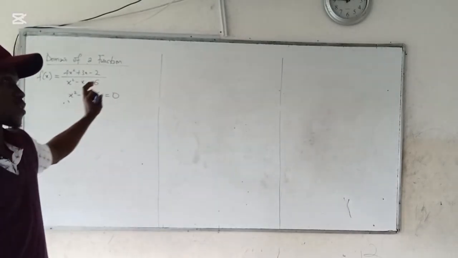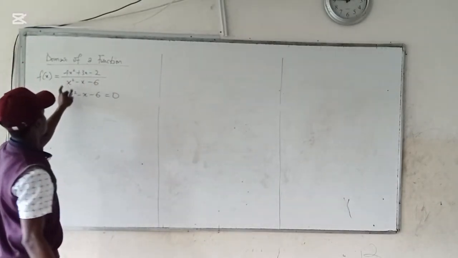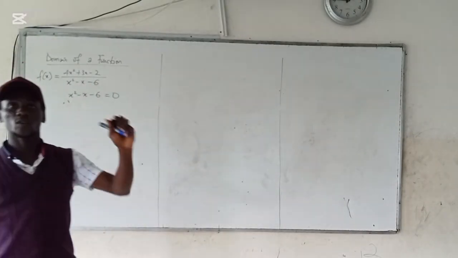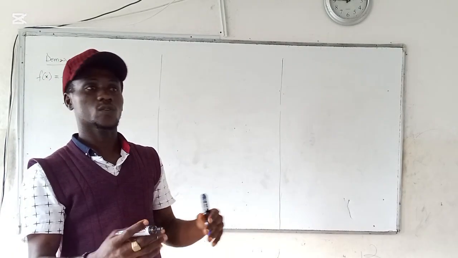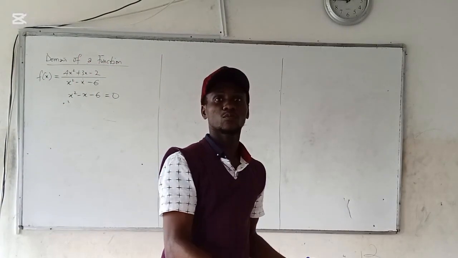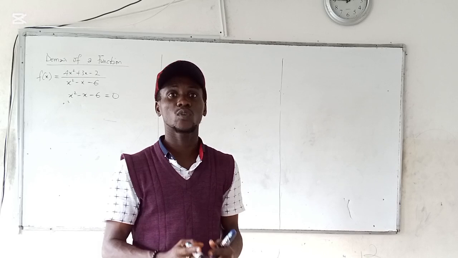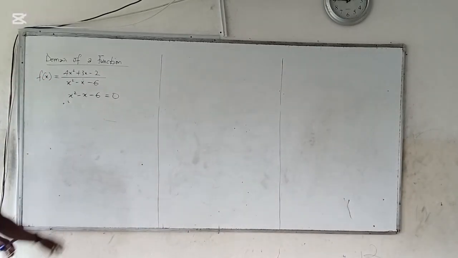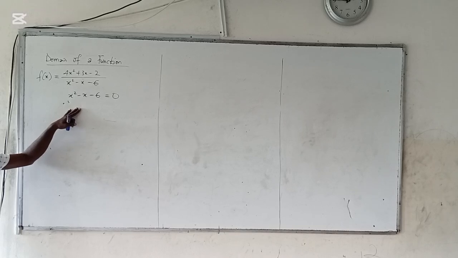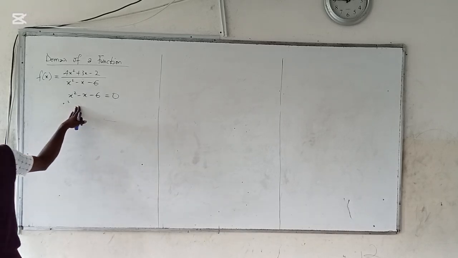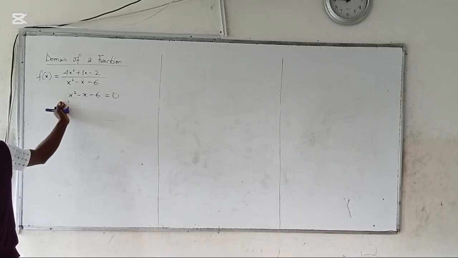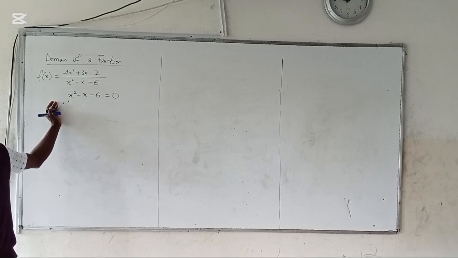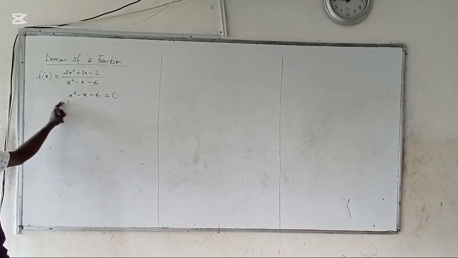If you solve for x, those are the values of x that will make your denominator to be 0. And recall I said, if your denominator is 0, that means you are not going to have an output value, meaning that that function will be what? Undefined. So now, how do you solve for this? If you have a good calculator, you can solve it with your calculator. But let's solve it manually and see. So solving it, let's use the